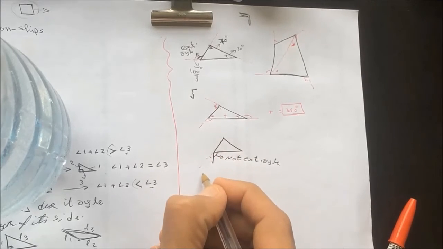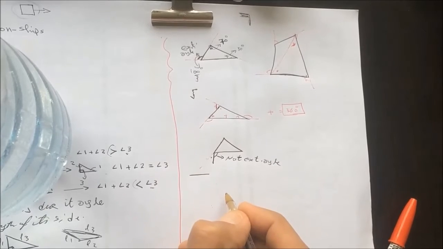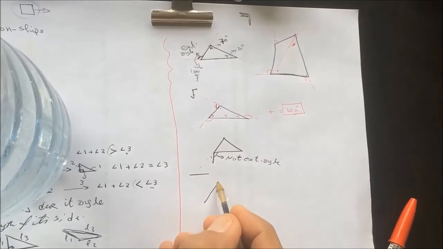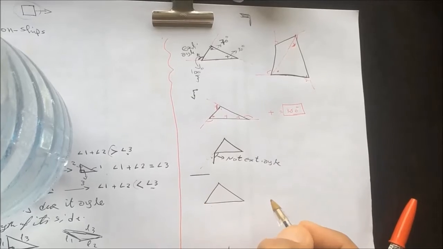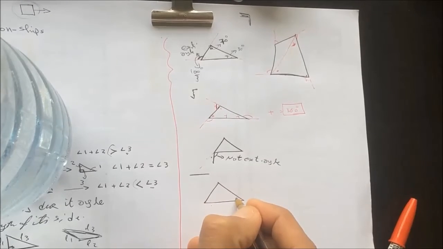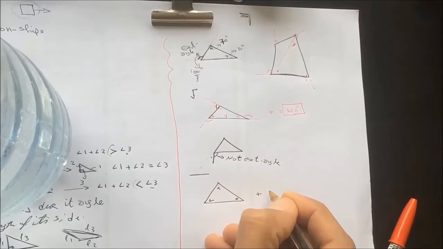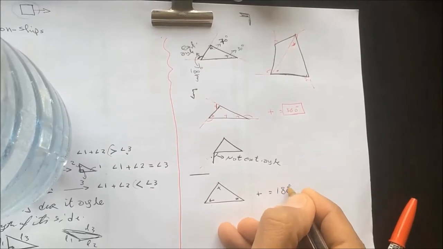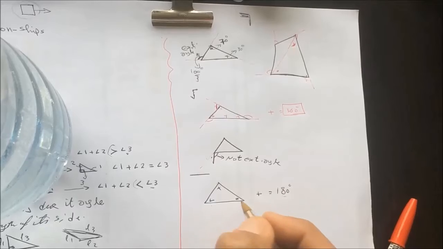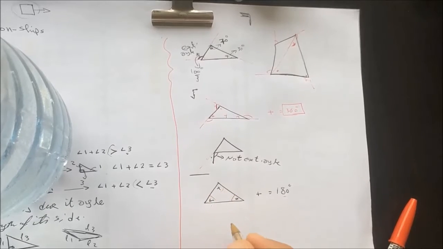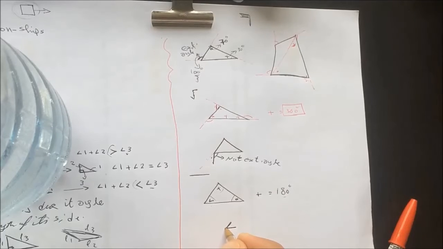Okay, there is another thing we need to talk about. Any triangle, whatever, acute or right or obtuse, the sum of this angle plus this angle plus this angle is constant. The sum is going to be 180 degrees, the sum of interior angles. And if you cut this and this and this to put them beside each other,